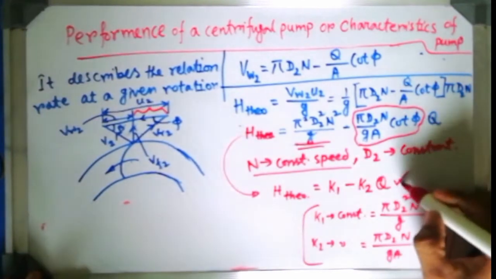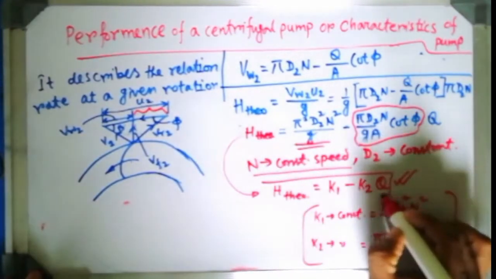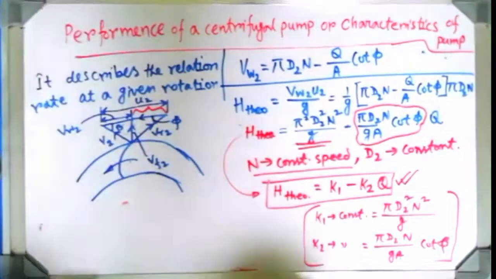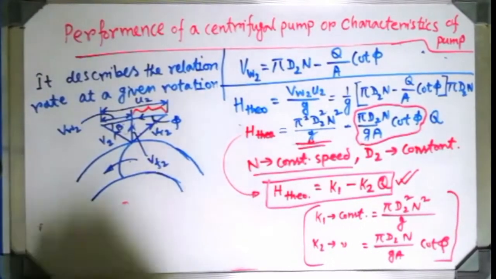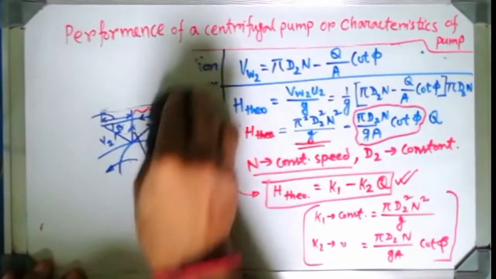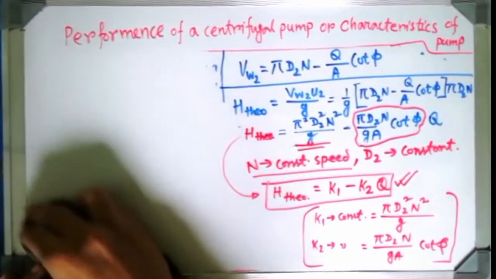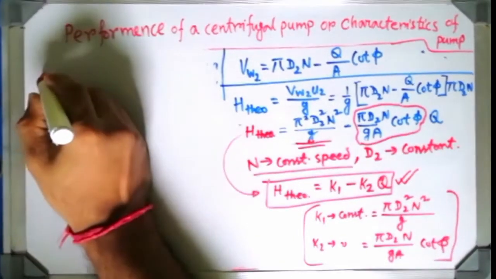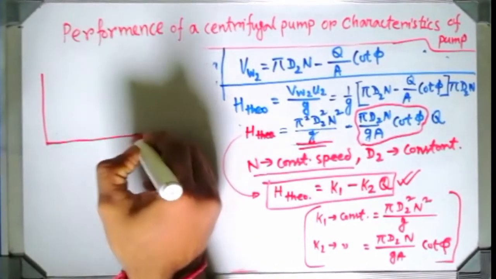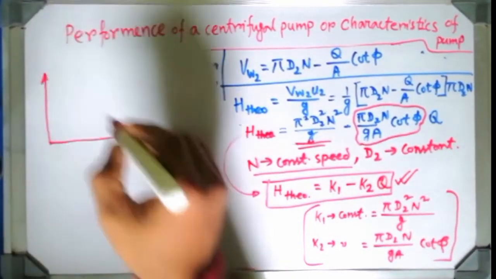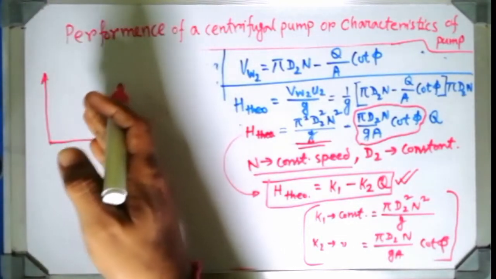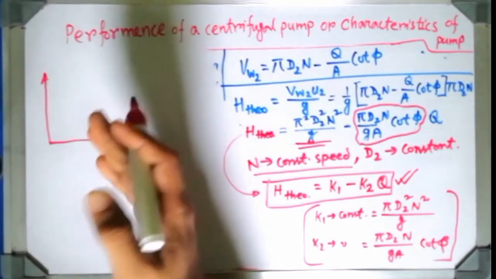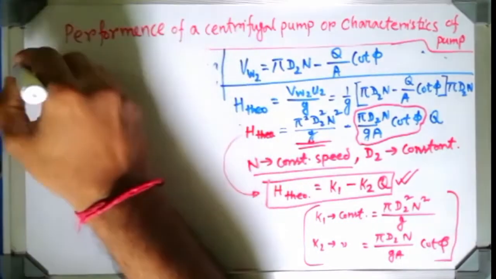This expression is a helping tool for us by which we can now plot the curve. Now we are going to see how the variation will look. Which variation? Head versus discharge. That is the main goal we are going to start on now. It is not so simple that we are going to make one single curve, not like so. It is a first step.